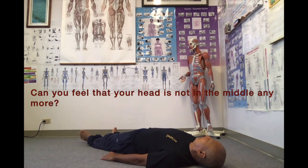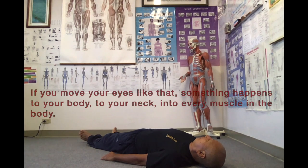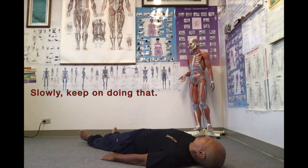Can you feel that your head is not in the middle anymore? How did it happen? Who knows, but it does. If you move your eyes like that, something happened to your body, to your neck, into every muscle in the body. Slowly keep on doing that,